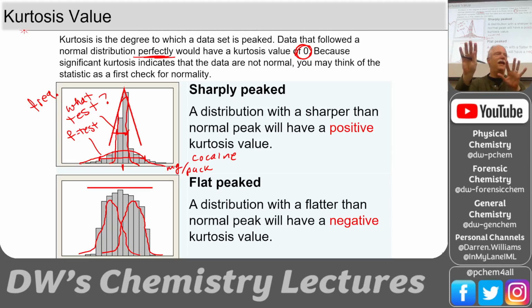So if we could pull that data apart and see the really narrow one and the really broad one, we could ask, is it a kurtosis value just because we don't have very many data points, which could happen? If we only had 10 data points, I wouldn't worry about this. But if we had 1,000 data points, I would say somebody got a really broad standard deviation and somebody got a really narrow one. Is it statistically significant? We do the F test and say, yes, there's a 0.001 chance that they have the same standard deviation. And so we would wonder what's going on with those two analysts, or those two instruments, those two labs, or